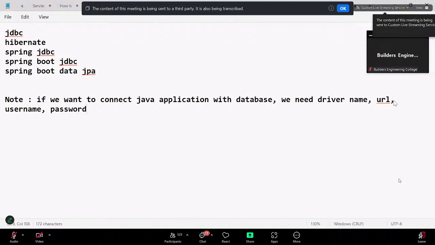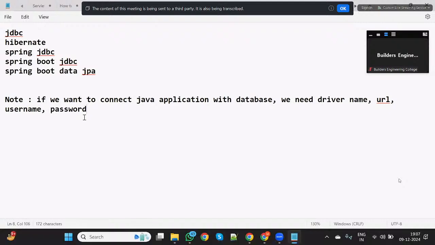Okay. So here I am going to show you what is the driver name, what is the URL, username, and password, and step by step I'll show you all the ways. Of course, nowadays we are working with Spring Boot Data JPA. Still, we need to discuss all the ways. Okay. Now,